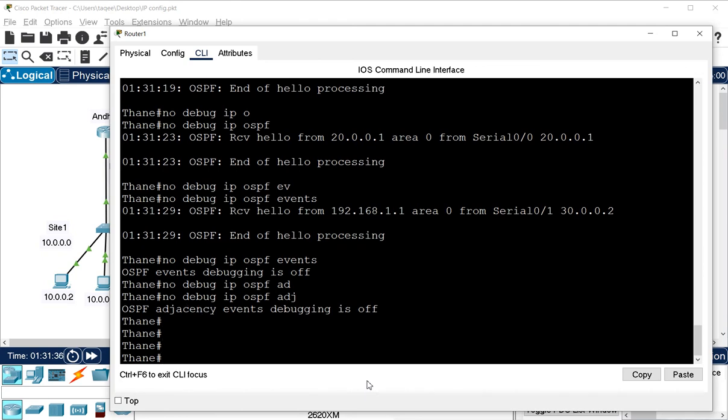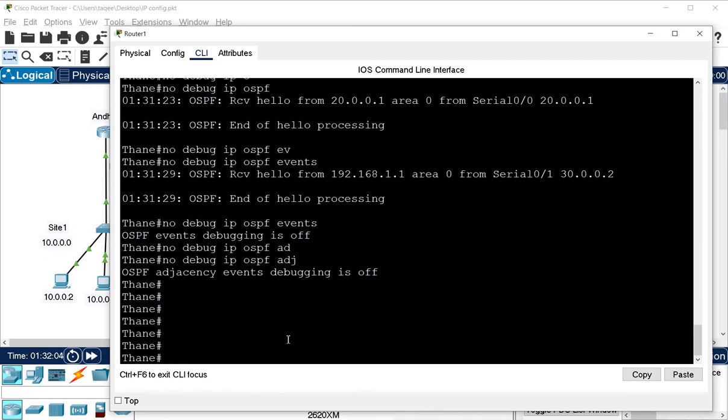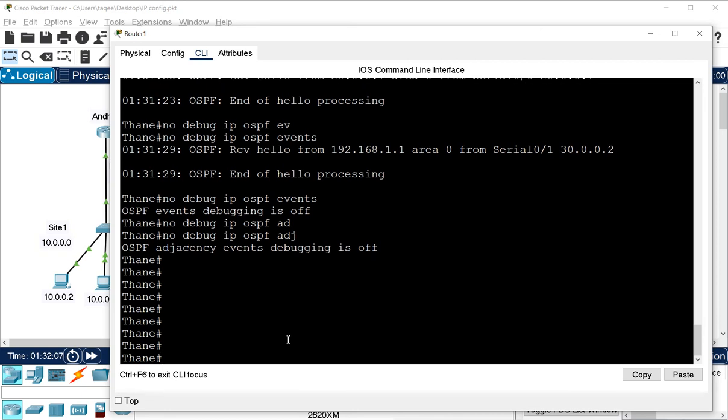So this is what to configure in a single area, how OSPF works in single area routing, what the wildcard bit is, and why we use the wildcard bit. We saw how we can verify the routing process of OSPF, and also how we can debug, and what debugging commands we have. Then finally if we want to remove OSPF, how can we remove OSPF from the router?